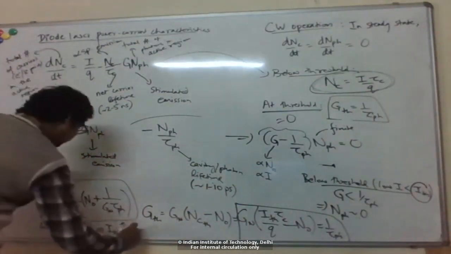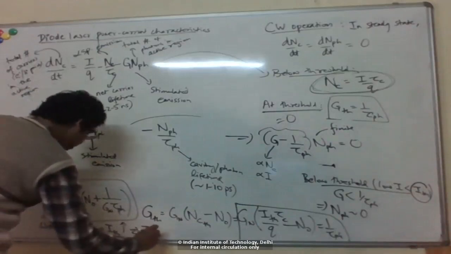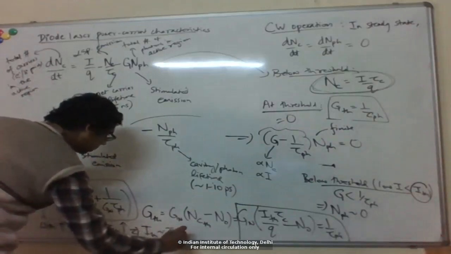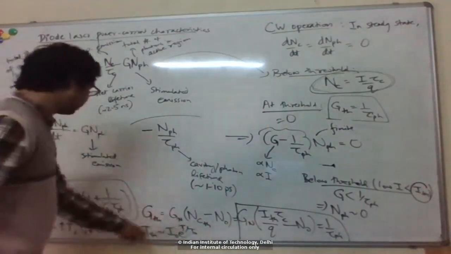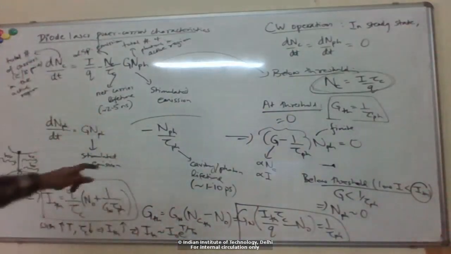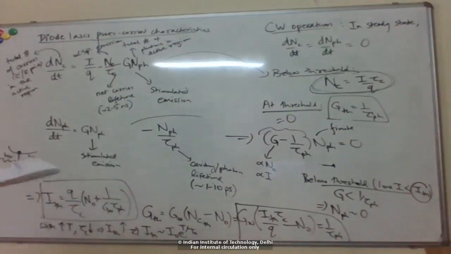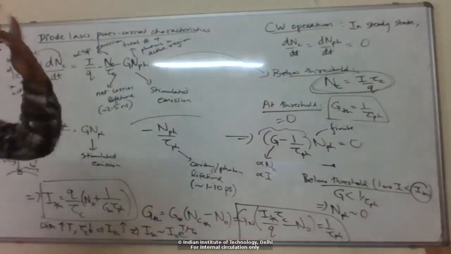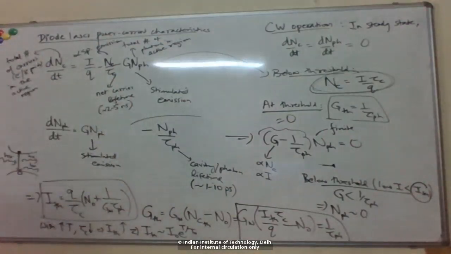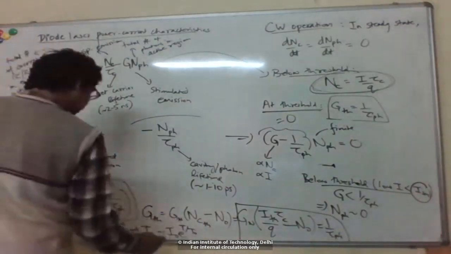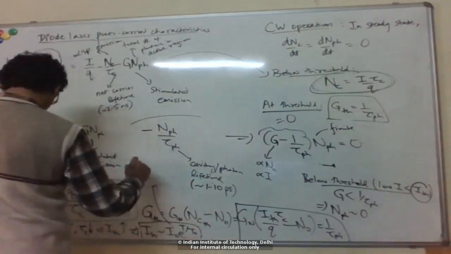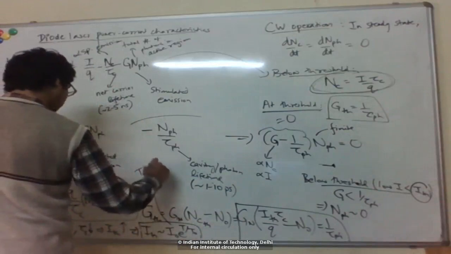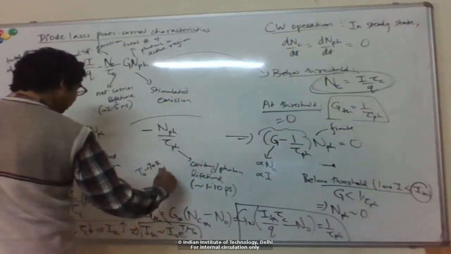And typically, this dependence is actually exponential. So this I threshold typically goes as some I naught e to the T over T naught. So it scales exponentially with temperature, which is quite bad. So temperature control is very important for lasers. We saw that it was important for LEDs also, but for lasers even more so. So this T naught here is about 70 Kelvin for the InGaAsP devices that are used